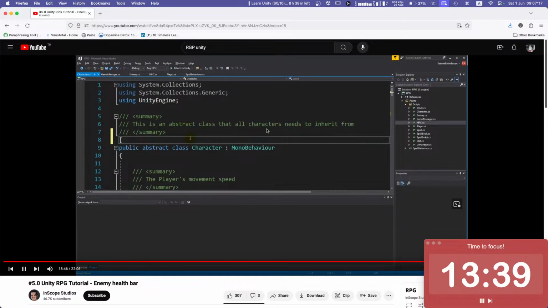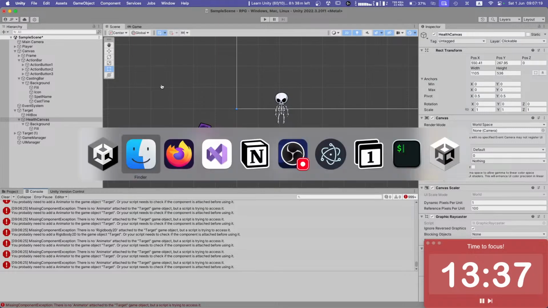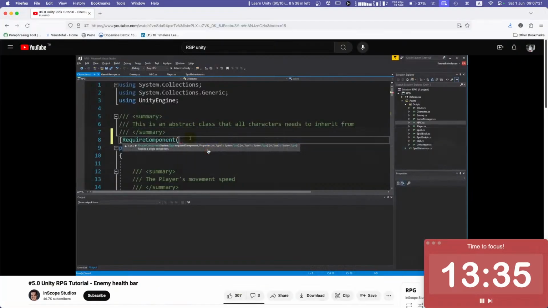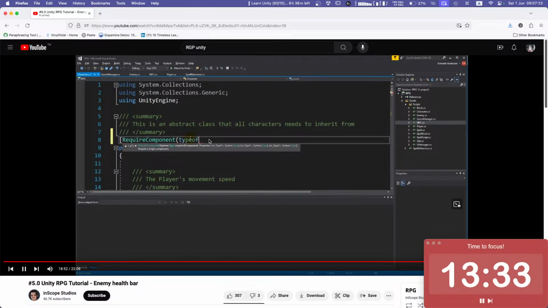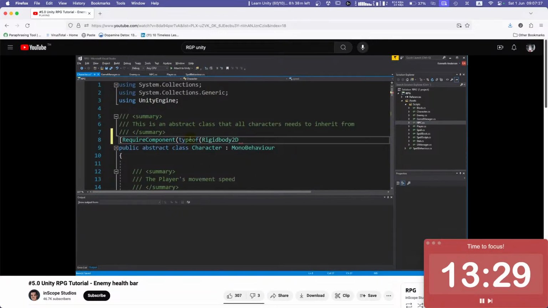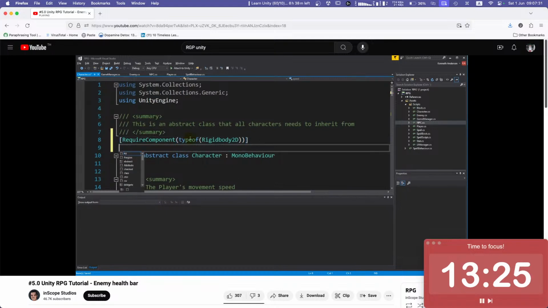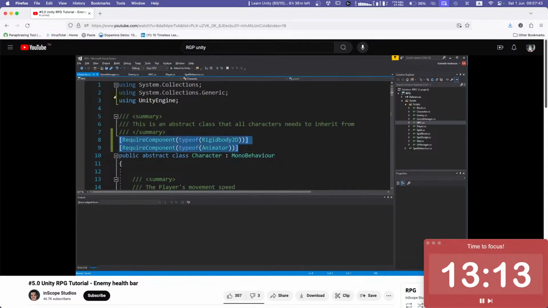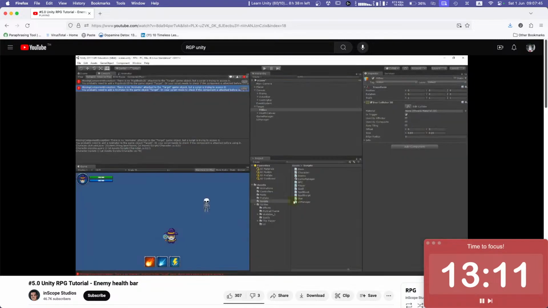I can make a bracket called require component, and write type of rigid body 2D, and write another one. Let's just copy this one, paste it here, and say animator. So if I save this now, after I've written these two lines, and jump to Unity,